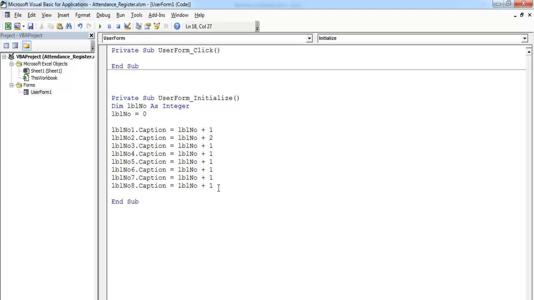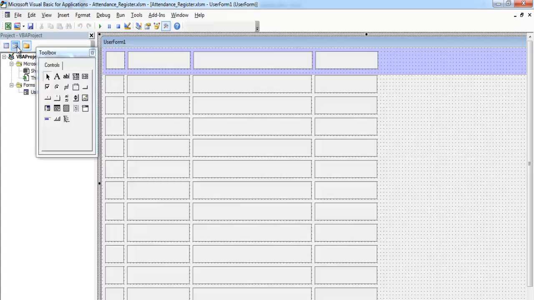And we have 9, 10, 11, 12. Okay, that's 12, 11, 10. We have 9 here, and this will become 3, 4, 5, 11, and 12. So if we run this program now, what will happen is it will populate this number here,